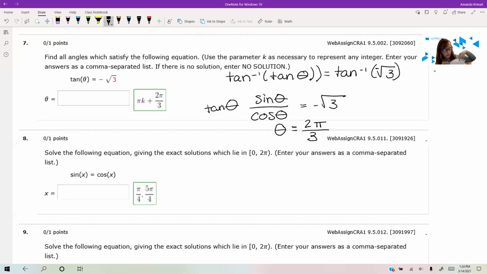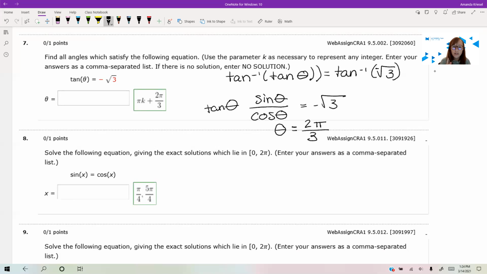Granted, my theta is 2 pi greater. If I go another pi, I'm here. And so every pi rotation, I'm hitting that point again. That's why, if you graph the tangent function, it's not one-to-one. There are infinitely many theta values that get you that output of negative square root of 3. So instead of just